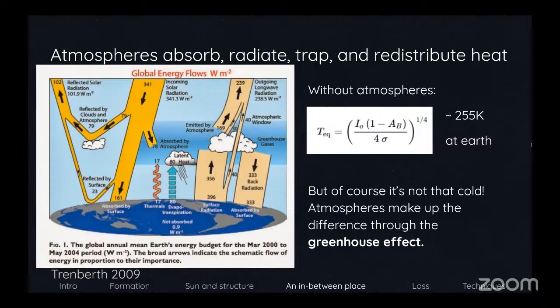So this tells us right away that atmospheres are important because the average temperature of Earth is, of course, not negative 20 Celsius. It's a little higher than that. So if you add in the effects of the atmosphere, you come up with something more like 285 K, which is like 15 to 20 Celsius, which is a little bit more reasonable and agrees with our experience where we have the ability for water to change phase between all of its phases.